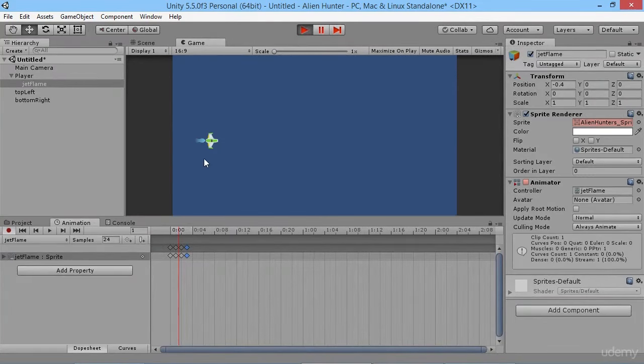So let's just play the game and see if it actually works properly for us this time. There we go, now the animation is actually set up properly. So doing that seems to fix it at the correct frame rate, but Unity is a bit weird sometimes, so it can cause problems if we adjust it. So it's one of those little quirks of Unity. It's something you need to work around and pay attention to when you're creating your animations. But for now, you can see our jet flame is actually doing something, and now when we fly around, it actually feels a bit more